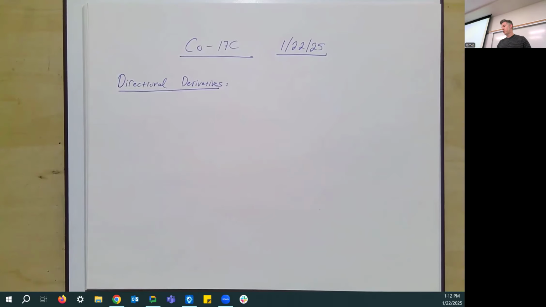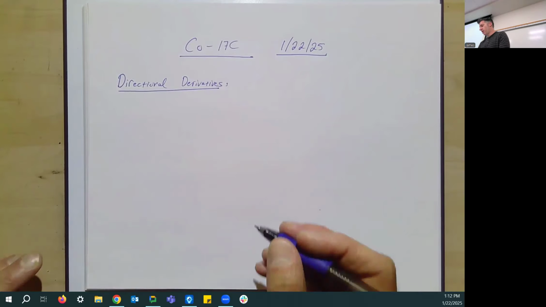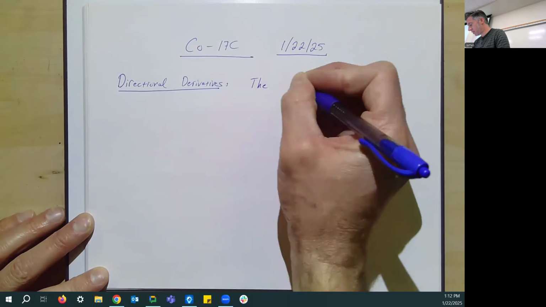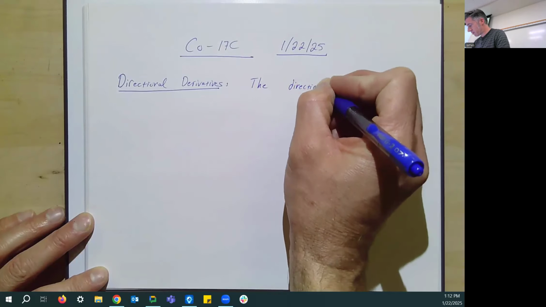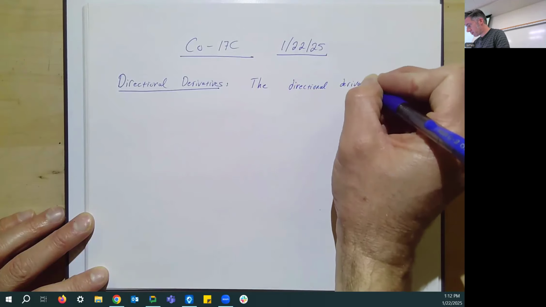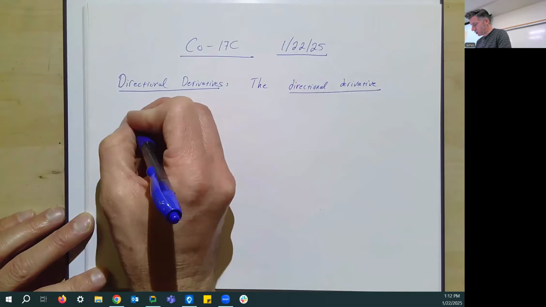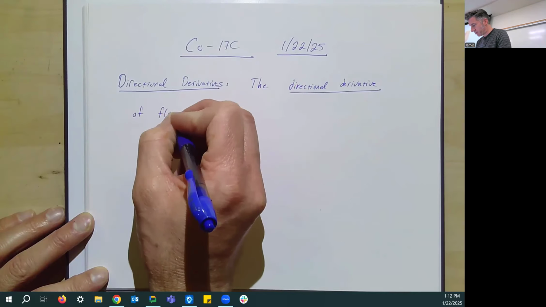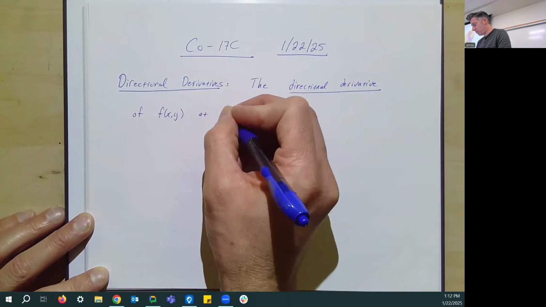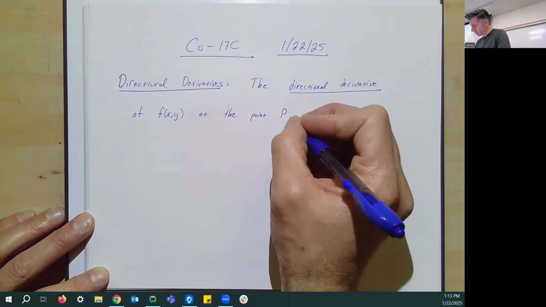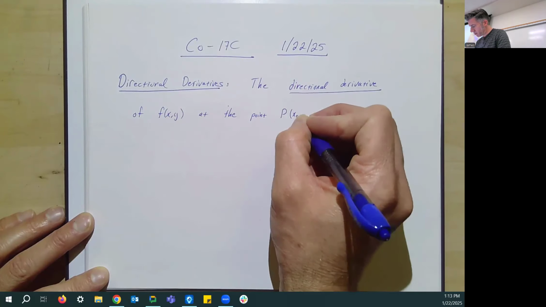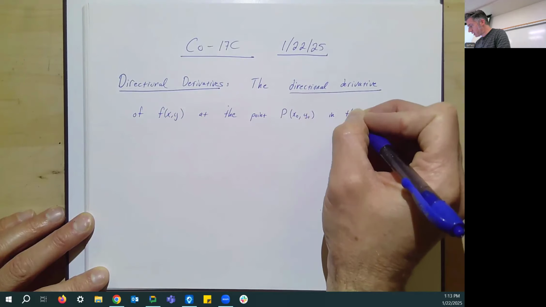So, directional derivatives. They're usually not too terrible to calculate. So let's talk about some, well, I'll just write the definition. So the directional derivative of the function f of x, y at the point P, which we'll label as x naught, y naught, in the direction